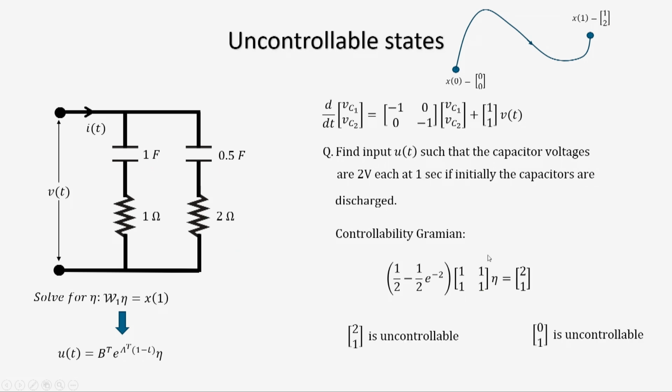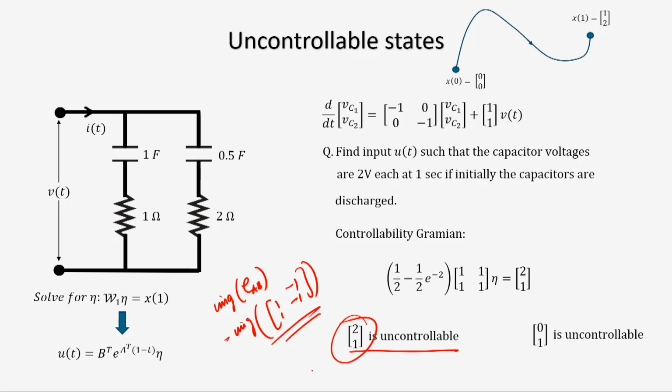So, notice that (2, 1) is uncontrollable. We have already seen that (2, 1) cannot be controlled. You can also see it directly from the image of CAB, because we had already calculated the image of CAB. (2, 1) is not in the image of this matrix, so it cannot be taken from 0 to (2, 1). In the same way, (0, 1) is also not in the image of this matrix, so (0, 1) cannot be controlled.